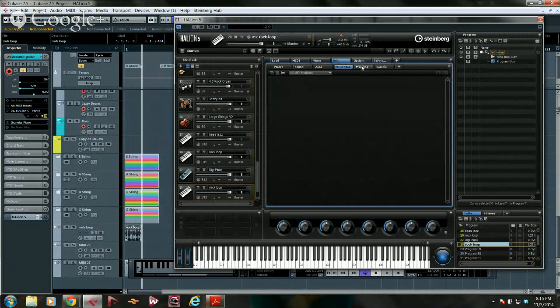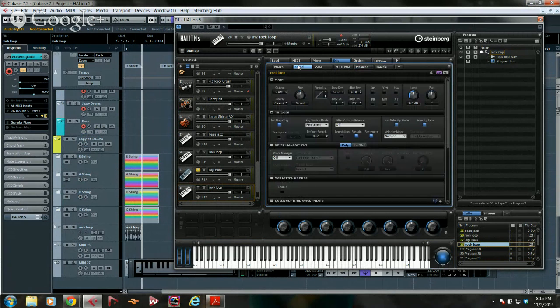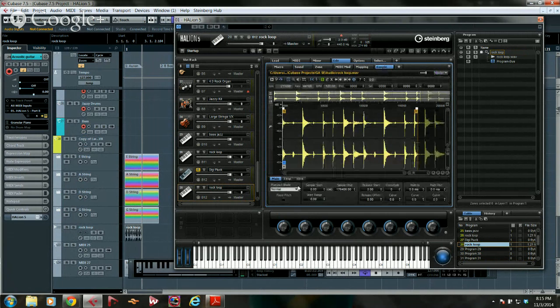And now at this point, we could see our sample mapping. So I could say, okay, I just want to take this and so you may notice that the pitch and the tempo changes. So the root key by default will be C3. But if I wanted to edit the sound, I could come directly over here and we could have different ways of doing, so if I wanted to take the sample,